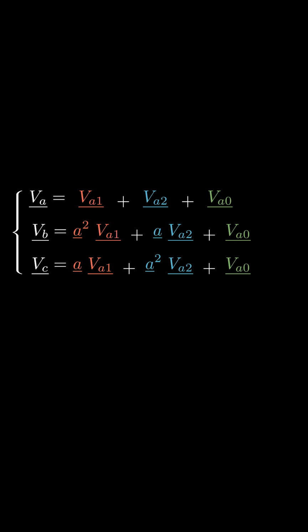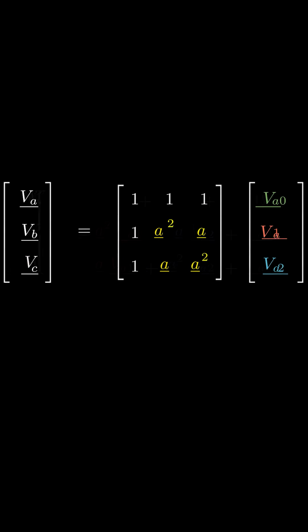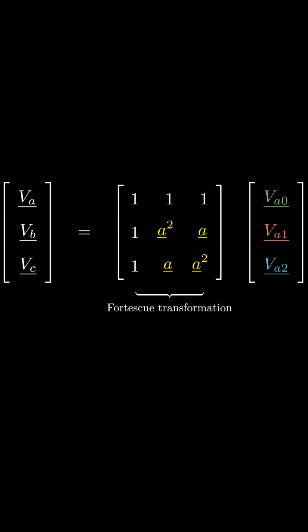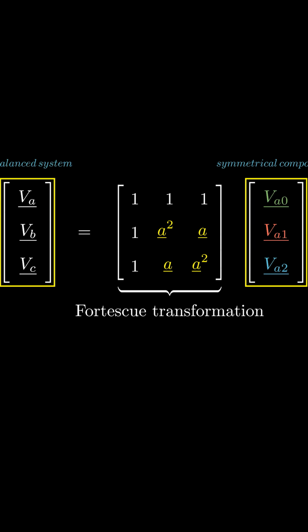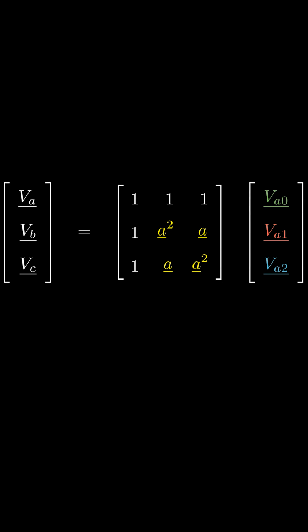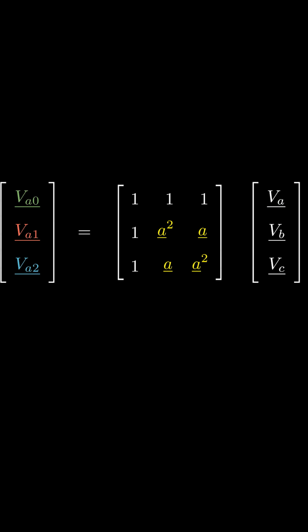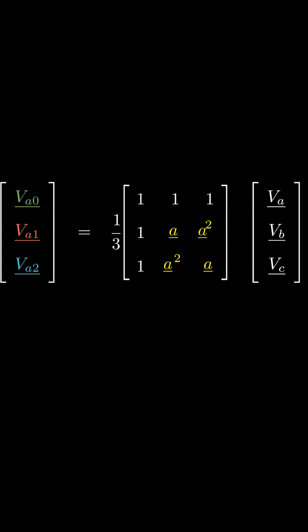We can now express these relationships as a matrix multiplication. This is known as the Fortescue transformation. It converts the 3 symmetrical components into the original 3-phase system. In practice, we often want to decompose an unbalanced system into its 3 symmetrical components to make analysis easier. To do that, we invert the matrix, giving us what is called the inverse Fortescue